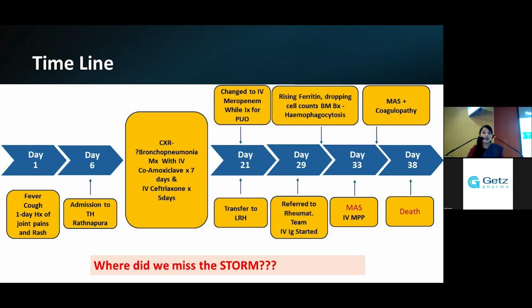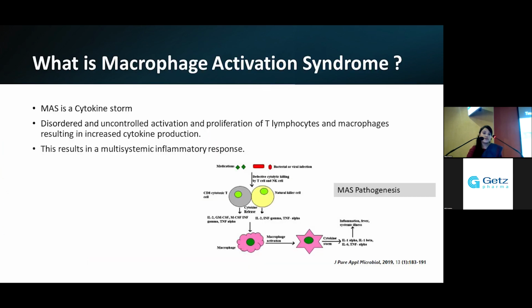Probably, even though we started treatment on the first day of suspicion on day 29, the cytokine storm had started to evolve somewhere between day 21 and day 29. So this case highlights the importance of recognizing the onset of macrophage activation syndrome to achieve the treatment goal successfully. So moving on to the second part of my presentation, I will be talking about some important facts about